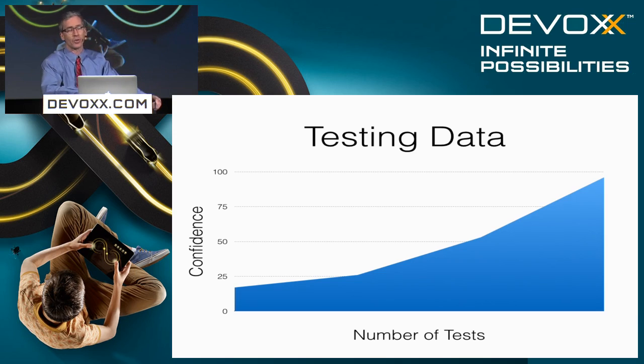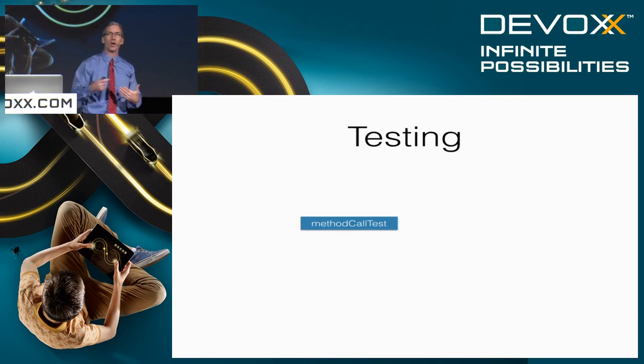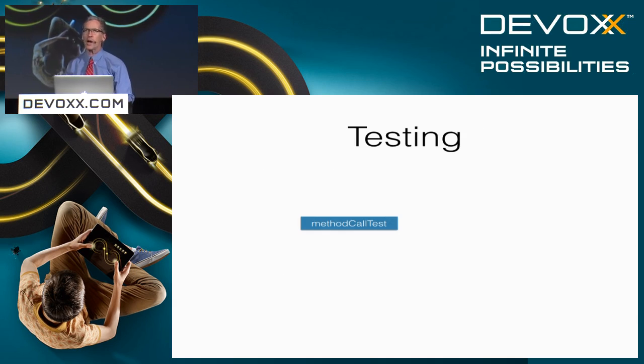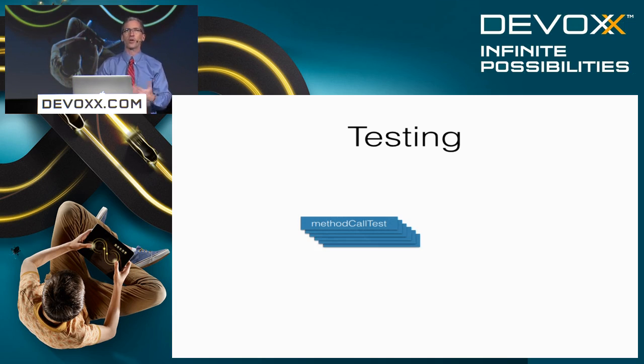So obviously huge, right? So here's an example of a test framework that we wrote. We wrote a test that called into a method. That's very powerful. I want to make sure that I can call it with certain parameters, that it returns, it does the right thing with those parameters, that it doesn't crash, whatever. I need to make sure that if I call that several times, in different ways, that it's always going to keep working.